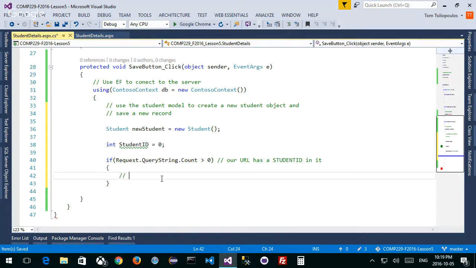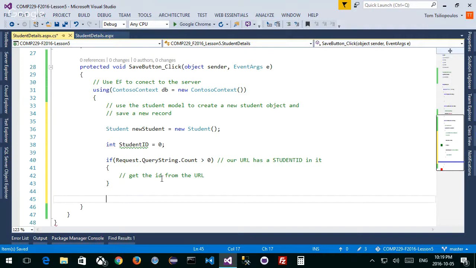But if I do, I want to get the ID from the URL. I don't have that right now. I'm not going to put that functionality in right now because I don't have any way of getting my student ID from the URL. However, if I don't, else, I can add form data,